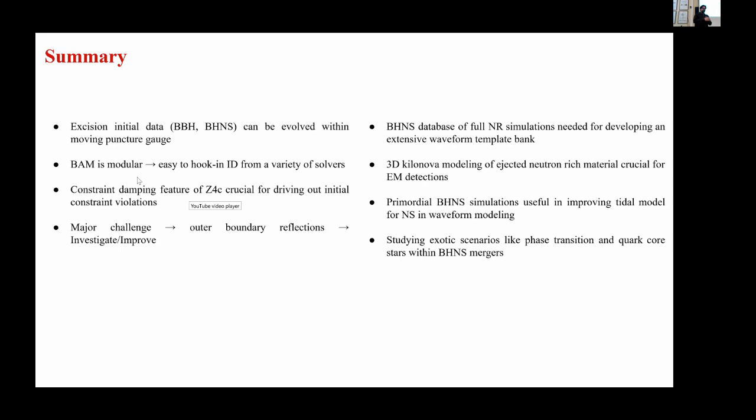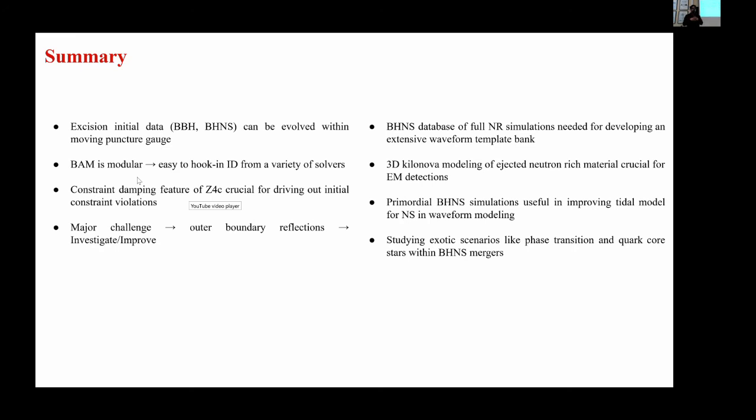Now, to model this ejected matter in terms of kilonova signals and electromagnetic counterparts, if we want to have such infrastructure within the NR code, then yes, what David said is true: being able to finally resolve this